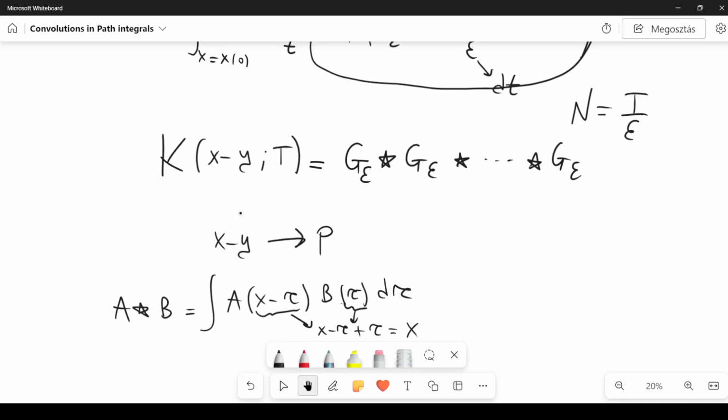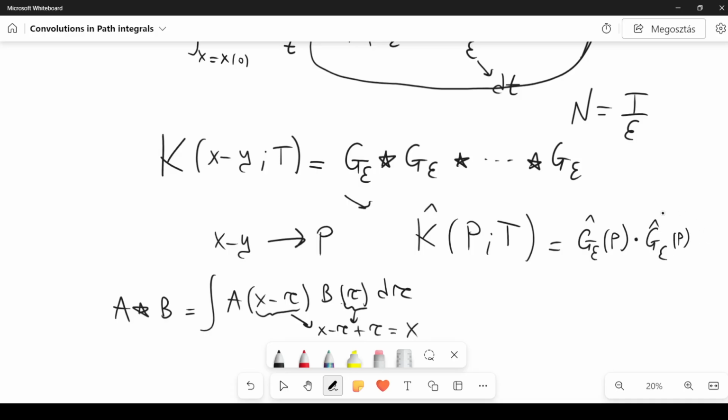And once we take this transform, this is the important part, this convolution here in the Fourier domain will be replaced by multiplications. So these convolution operators will be replaced by simple multiplications. So in particular, the transform k hat of p, t, so I replaced x minus y with p, will be the transform of this. So we have g transform sub epsilon, which will depend on p, and then this is multiplied by itself